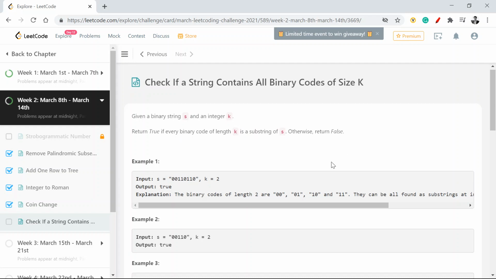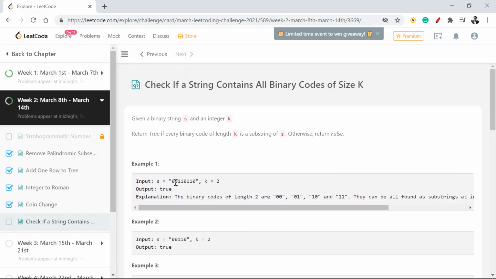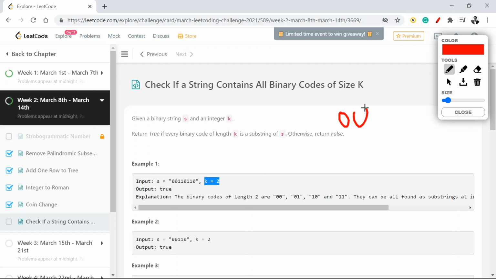What does that mean? If I am given a string which contains only binary digits and a length of 2, I need to find out whether all the combinations of 0 and 1 of length 2 are present in this string or not. For length 2, the combinations are 0 0, 0 1, 1 0 and 1 1.